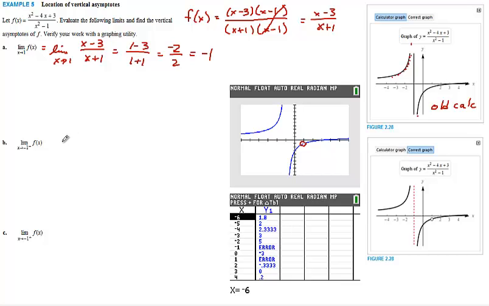So they're going to have me look at the limit as x goes to -1 from the left. I can look at it as x approaches -1 from the left and tell you that it's going to positive infinity, but I'd like to be able to do it analytically by checking out the signs. So if I were to plug in a number, I'm getting closer to -1,